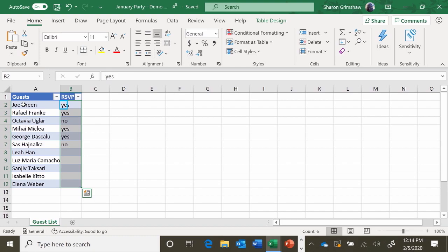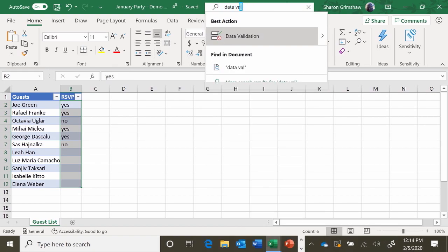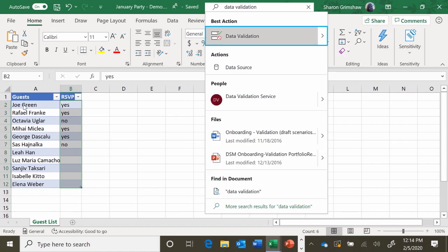Then we'll again use Alt plus Q to access the search bar and find data validation. Best action, data validation, split button, collapsed, pick from a list of rules to limit the type of data that can be entered in a cell. For example, you can provide a list of values, like 1, 2, and 3, or only allow numbers greater than 1,000 as valid entries. Data validation showed up as the best action, so I'll hit Enter to go into the